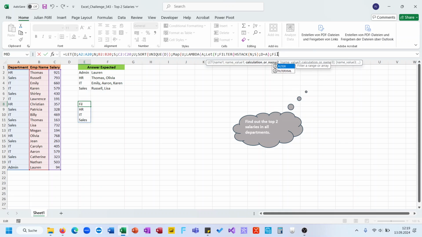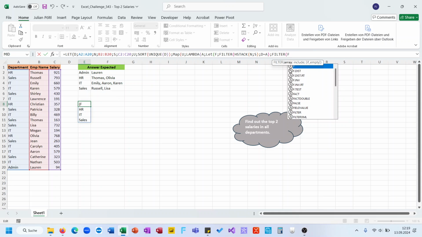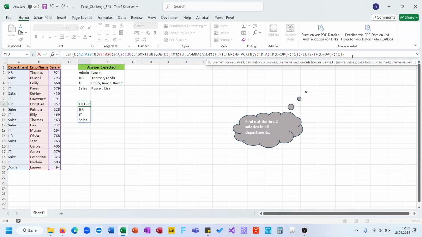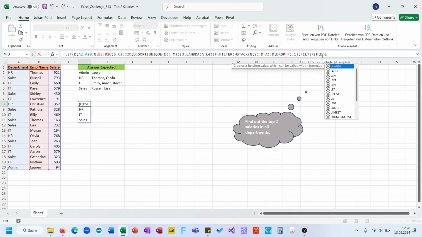And now we want to filter F, so our stacked thing out of name and salary for every department. If take from or drop, so we drop the first column of our then stacked thing, is larger. I make this as a separate argument, so drop from F1 is a separate argument. If D is larger than large of unique, the 3, so large or equal,